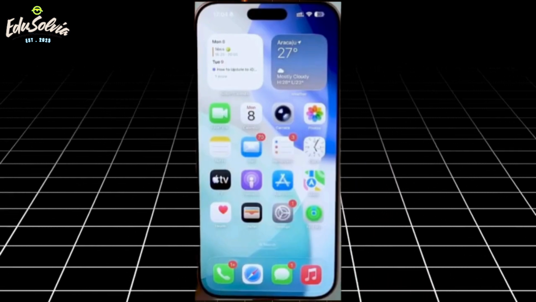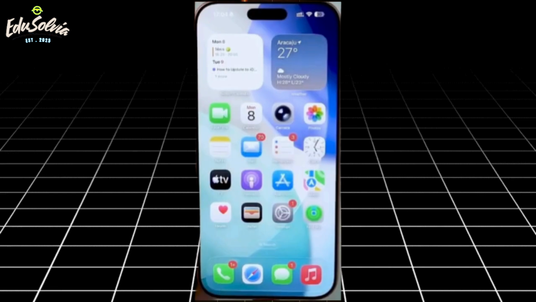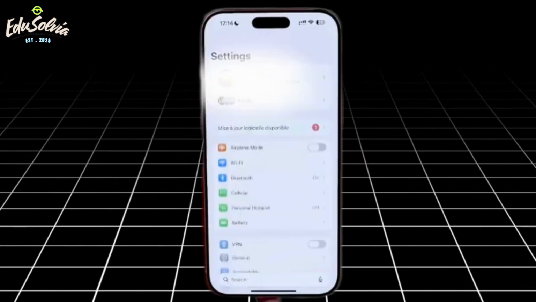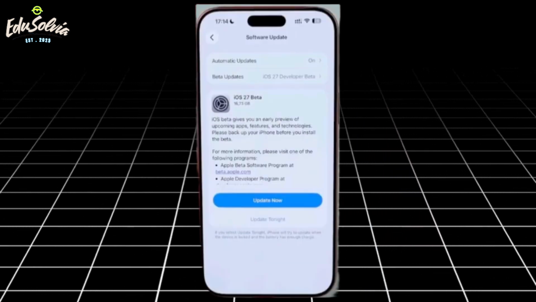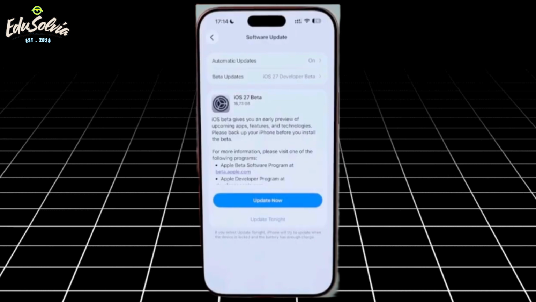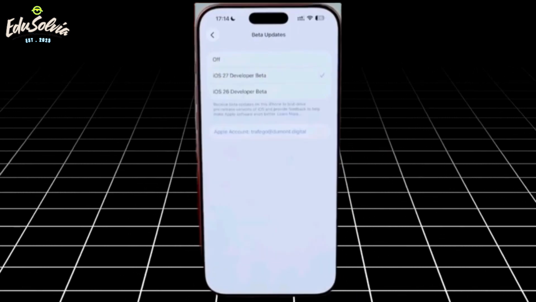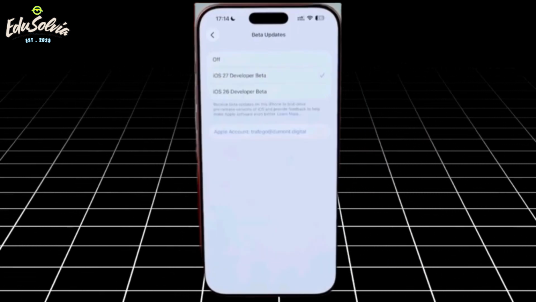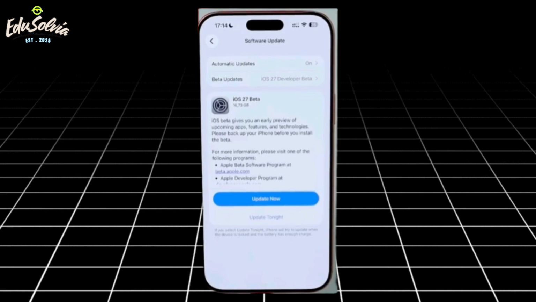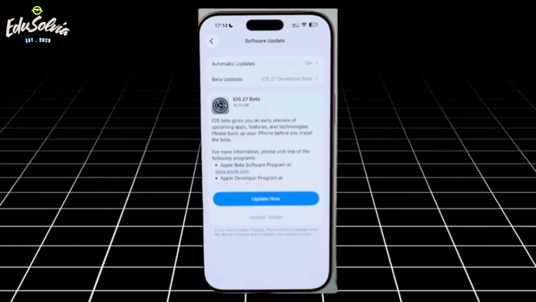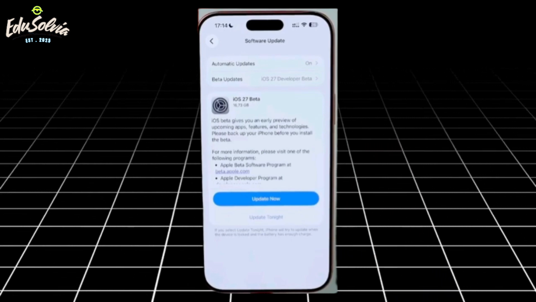appears. After your iPhone restarts, unlock it and go back to Settings > General > Software Update. The Beta Updates section should now be available. Tap it and make sure iOS 27 Developer Beta is selected. Return to the Software Update screen, and you should now see the iOS 27 Developer Beta ready to download and